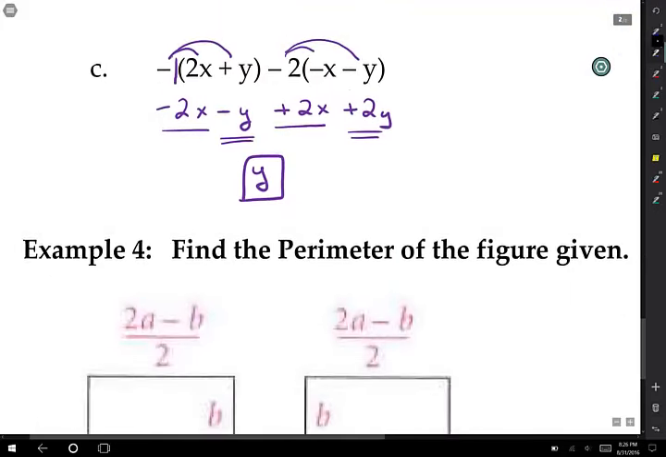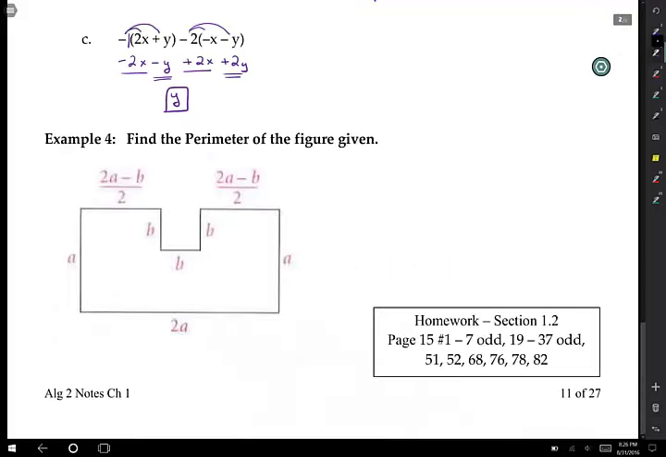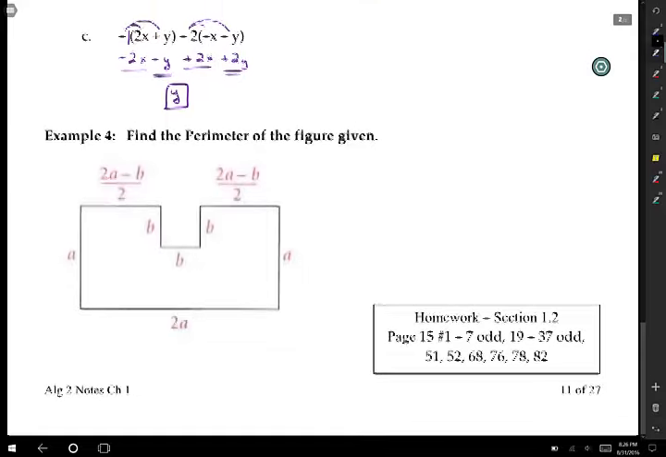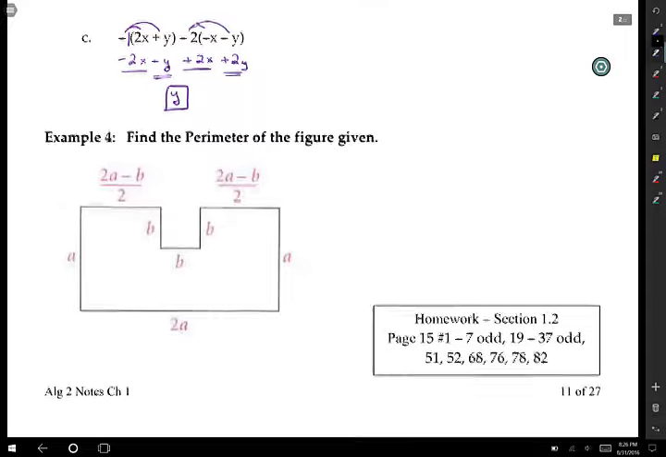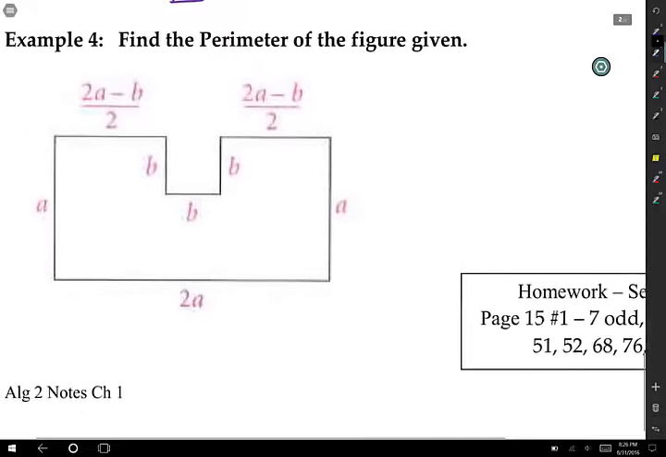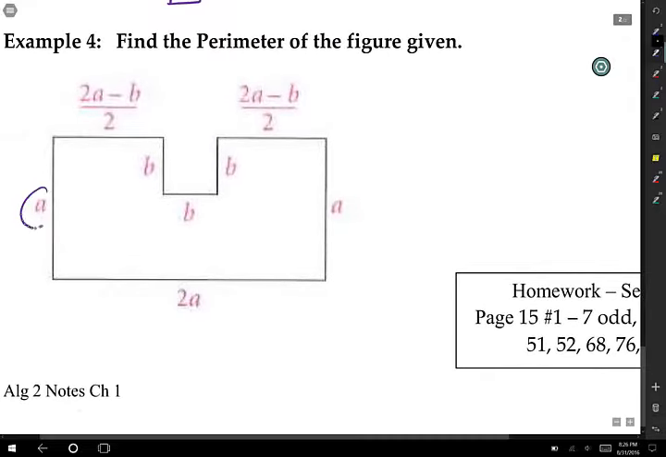Let's take a look at this problem at the bottom that discusses the idea of perimeter. We're given a figure that has multiple sides with a concave section cut out with dimensions b by b by b. We're asked to find the perimeter. Very simply, that means we're going to add up all the sides. So as I circle a side, I'm going to write it down. So a plus